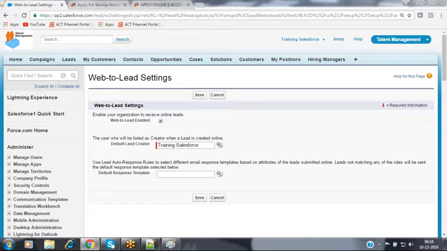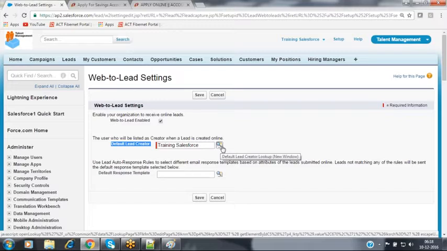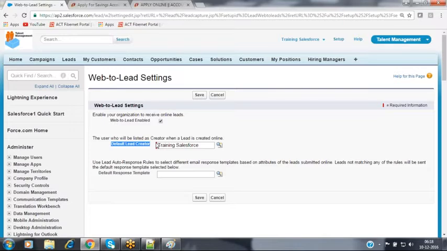For that we can specify any person. We have to select the user whom you want to make the lead record owner. It is providing the default lead creator, nothing but the person who will be the owner for this lead record right now, because somebody is sending the details from that organization website. They cannot enter all their details here. Those are not part of our organization.